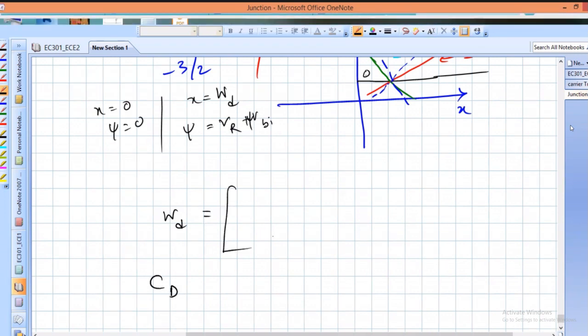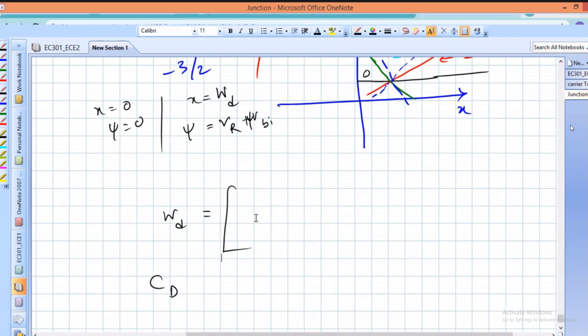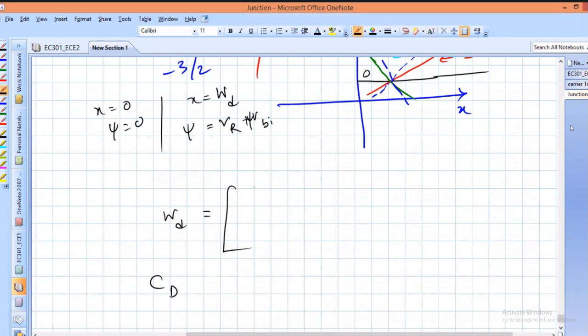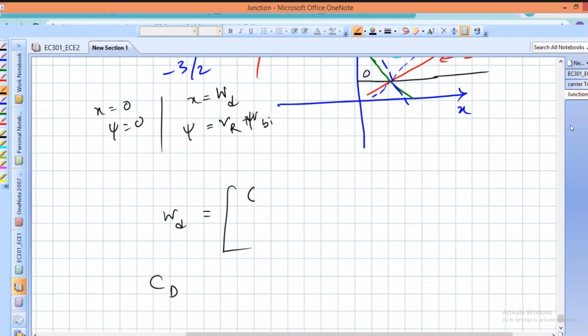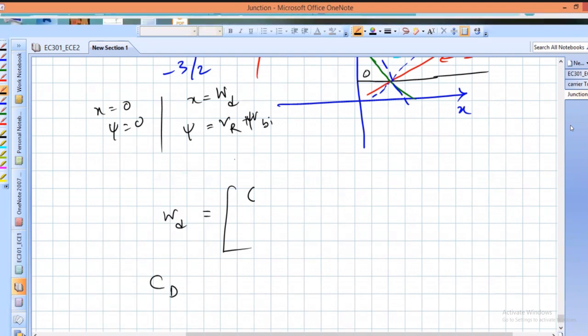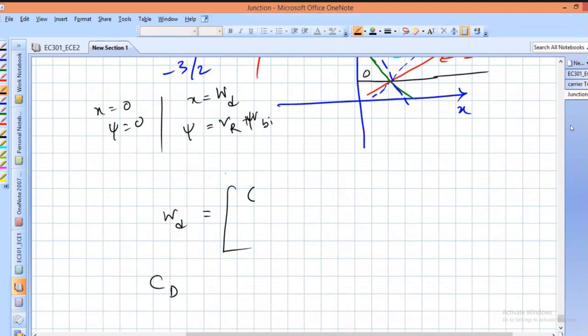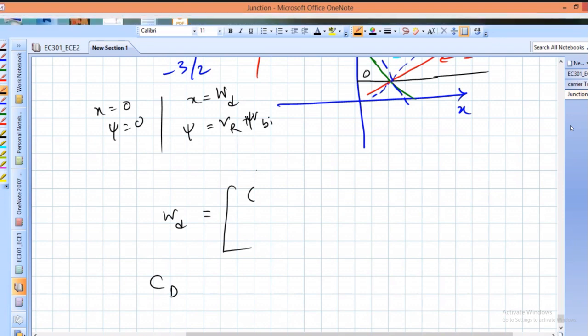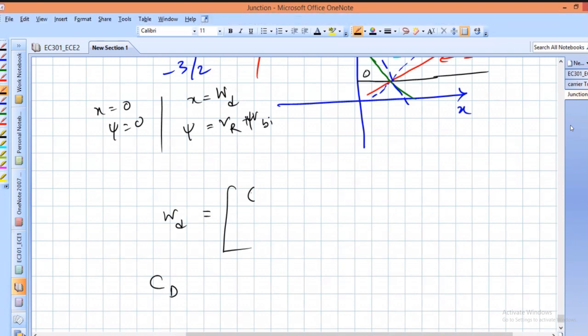I'm writing the final expression, student. You memorize this. It will be equal to epsilon s. There is no need to take the derivation. If you follow the earlier procedure, you can get the depletion region width. Each and every time it is not possible for me to discuss the derivation. Also, this derivation is not included in your syllabus. It is not required. This will be epsilon s, m plus 2, here plus psi VBI